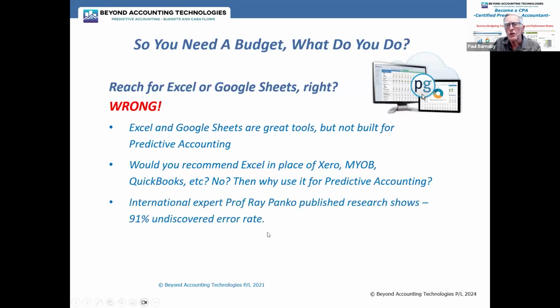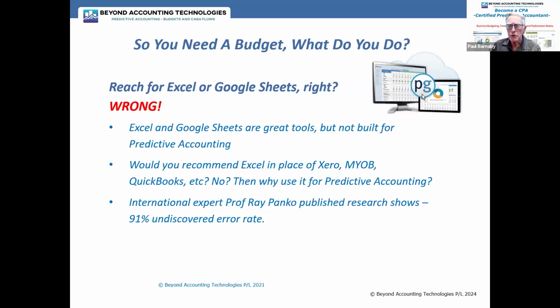The reason is that it has a very, very high error rate. And that's only one reason why I am probably hard in my language on this particular topic. But there's a fella called Ray Panko. I've never met him. He's at the University of Hawaii, and he's a spreadsheet nerd, N-E-R-D nerd. But he's a great bloke because he is continuing to do research into the use of Excel.